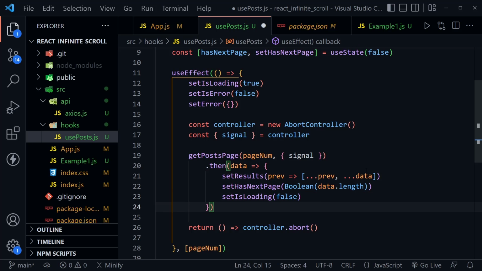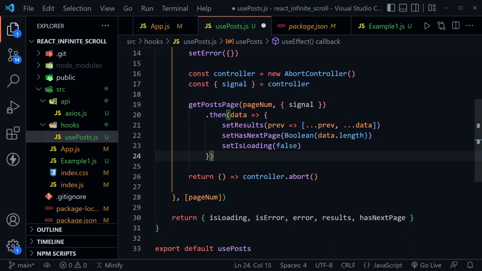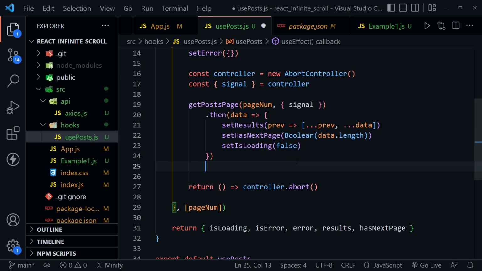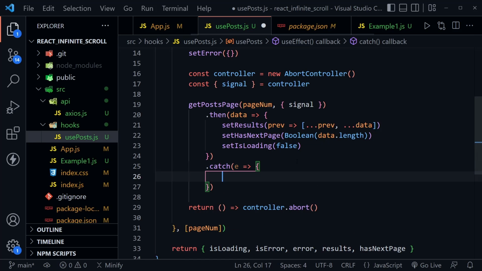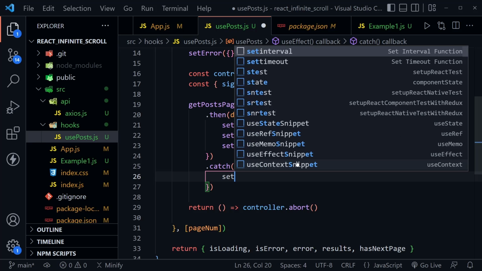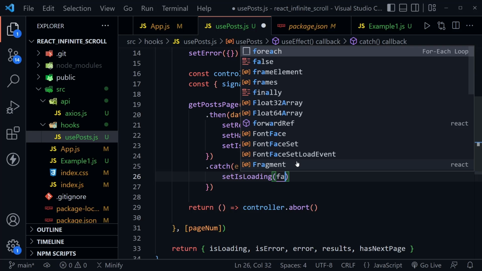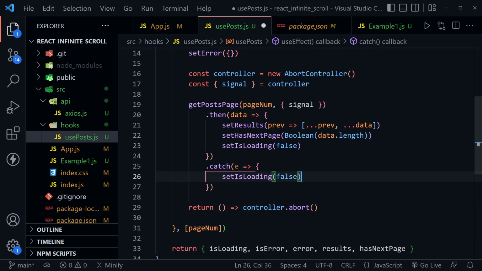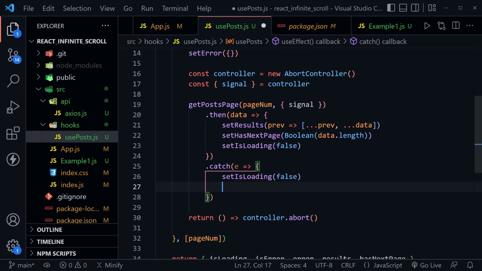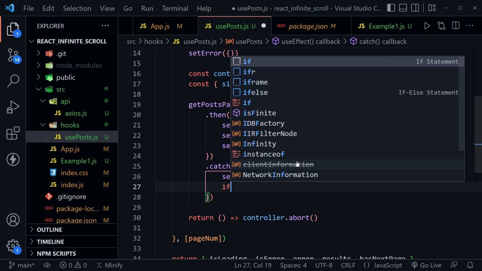But what if there's an error? And our abort controller, if called, does create an error. So we need to handle that here as well. So in the catch, we'll get the error. And now inside of the catch, the first thing we'll do is set isLoading to false. It will no longer be loading, no matter if it's an error from the abort controller or another error that we want to notice. But if it is from the abort controller, we'll say if